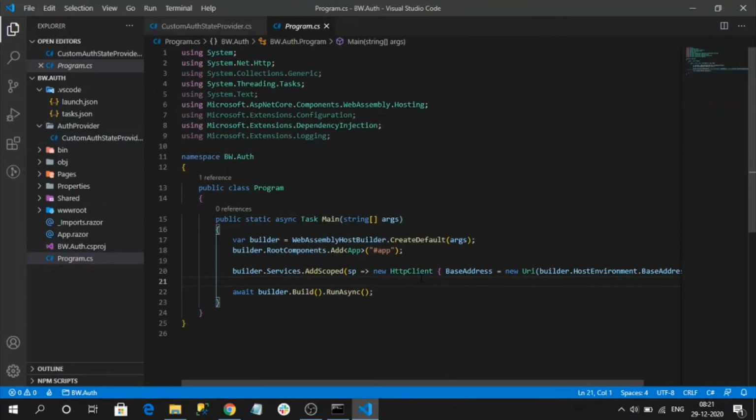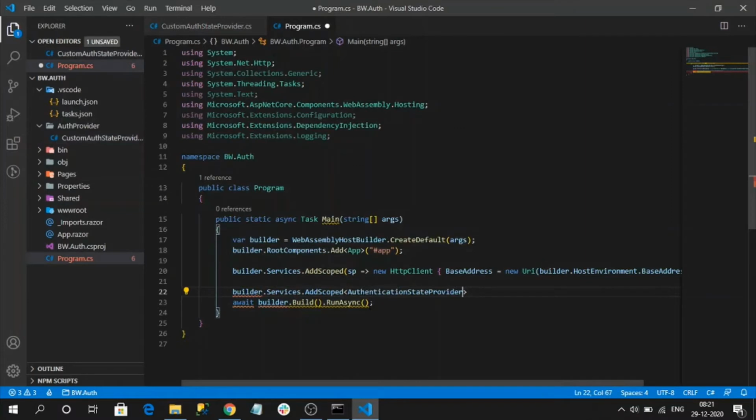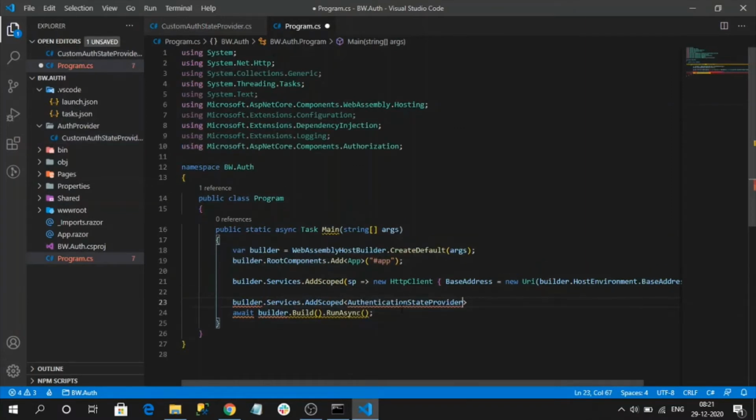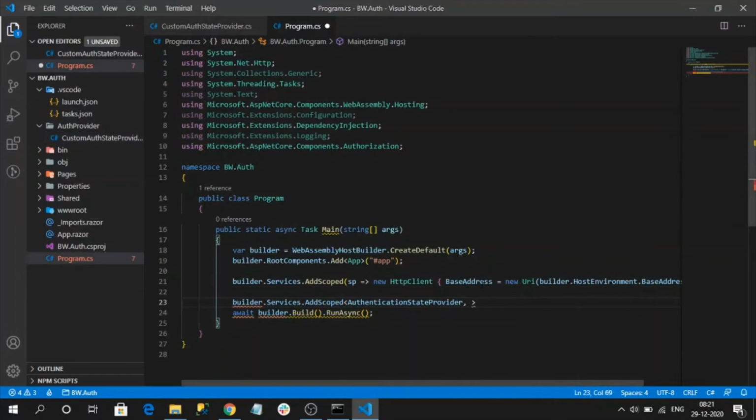So let's register here my CustomAuthStateProvider. I have registered this and need to import the namespace.